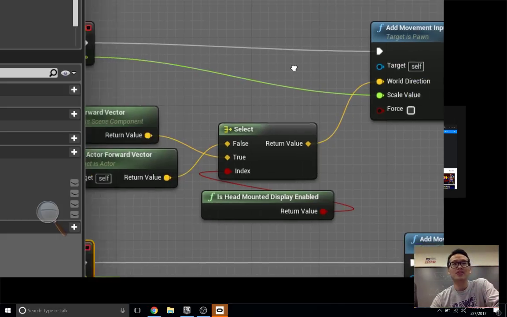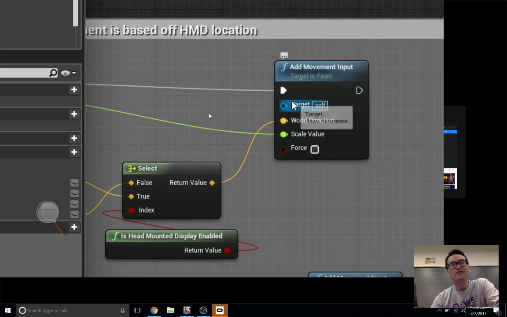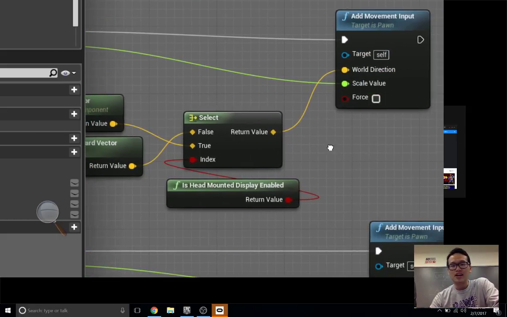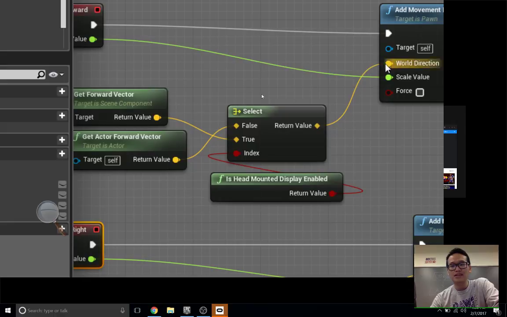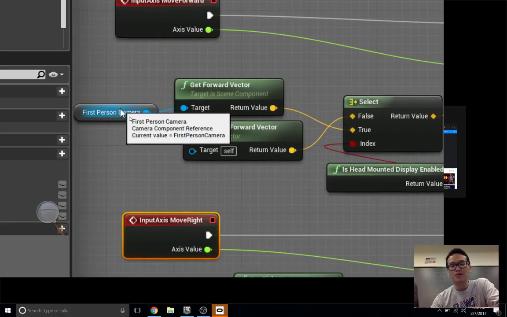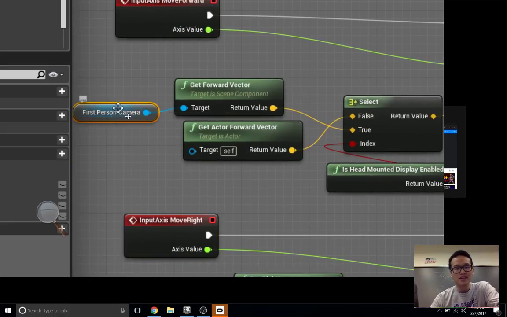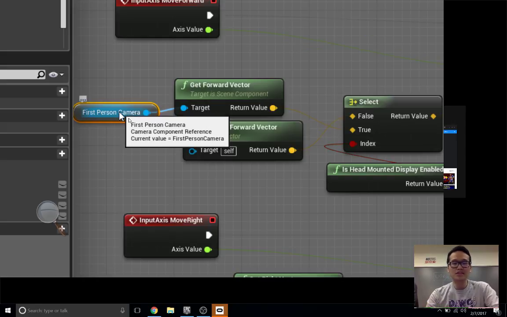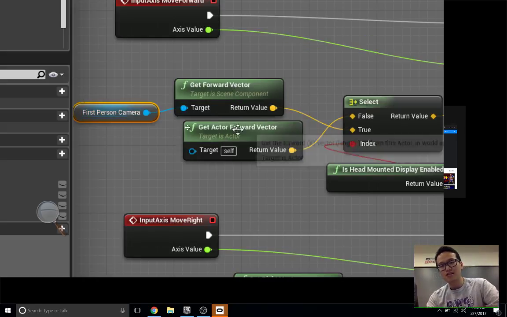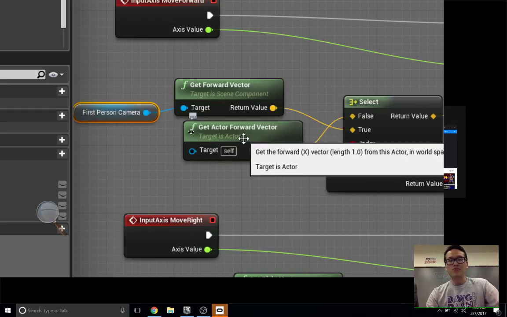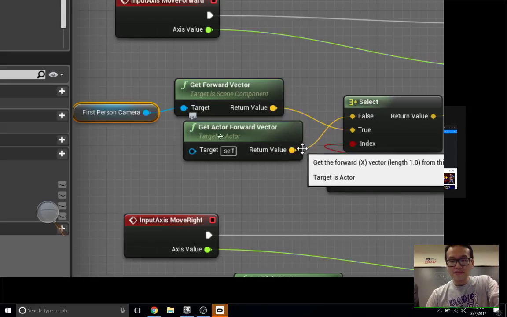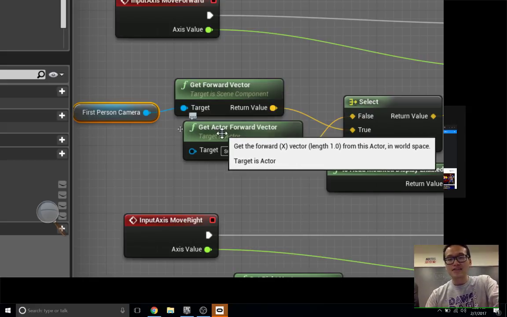So this is a simple flow: get an event, and create a function that handles it. All the stuff that it takes in right here are just parameters. If you hover on it, it says this is a camera, so it moves from the camera, gets the forward vector, and gets the actor, which is where your character is. An actor is just the object where your character is. When I say actor inside a blueprint, that refers to the whole object.